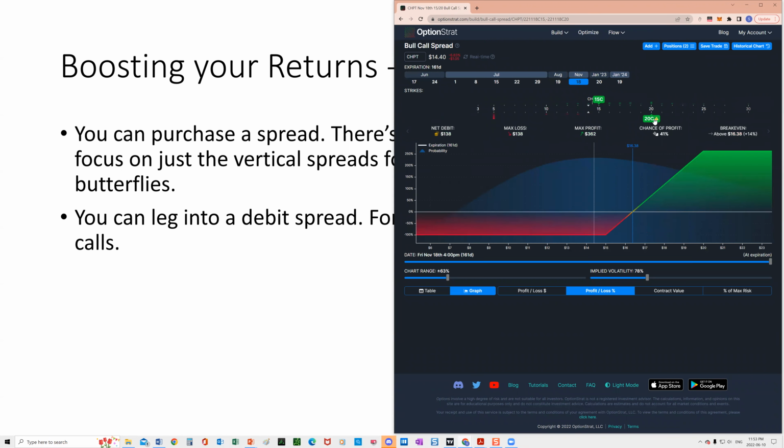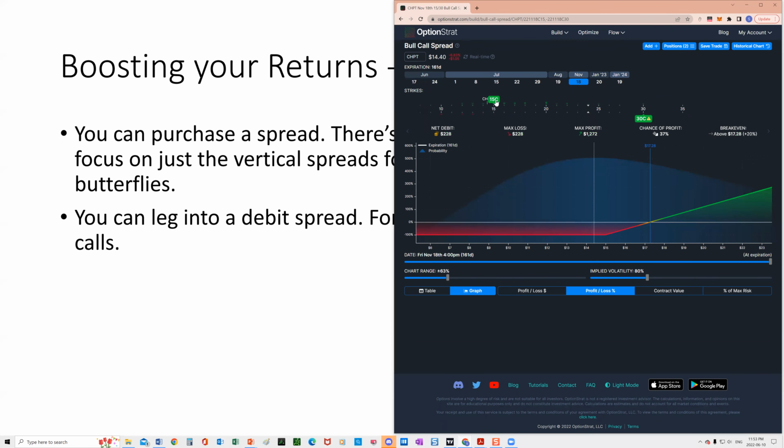You don't have to do $1 wide spreads, right? So let's say I'm very bullish on ChargePoint. I can do something like the 15-20 call spread, which means I'm buying the 15, I'm selling the 20. The max that this spread could be worth is $5. So it's going to cost me 138. I can make 362. Where you really start getting these crazy returns is when you do way out of the money call spreads on something that, if we're looking at,